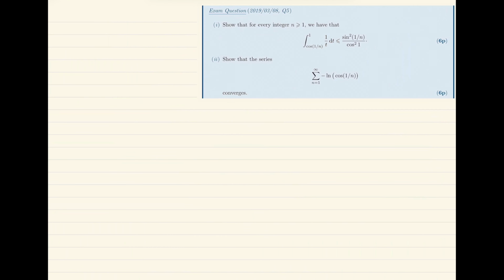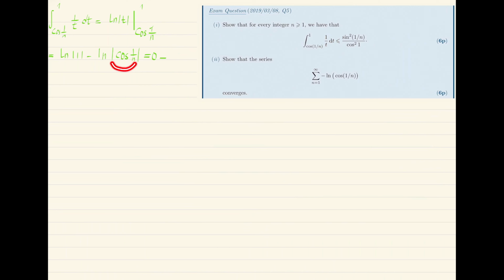In principle, this is scratch paper work. So I would say that the integral from cosine of 1 over n to 1 of 1 over t dt is simple to do, because a primitive function for 1 over t is ln of absolute value of t. I have to run it from cosine of 1 over n to 1. So I replace t with 1, and then I replace t with cosine of 1 over n. But absolute value of 1 is 1 and ln of 1 is 0, minus the second one